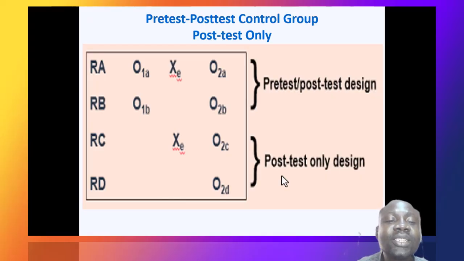So you will see O subscript 1A for RA line and XE O subscript 2A. That's the pretest. O subscript 1A is the pretest. It's like observation 1. Before the doctor administers a drug, let's say they observe the person, then